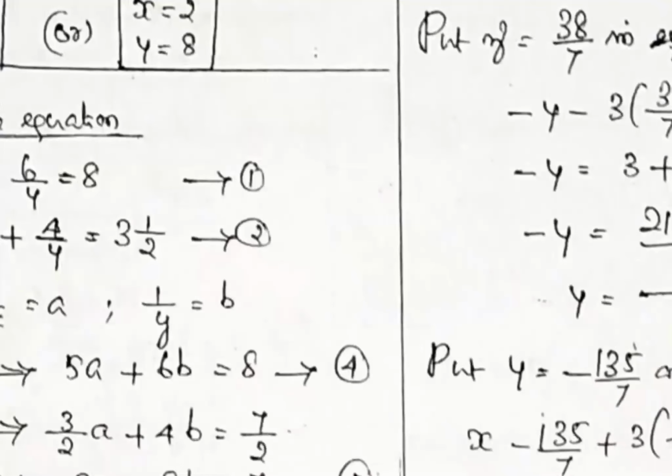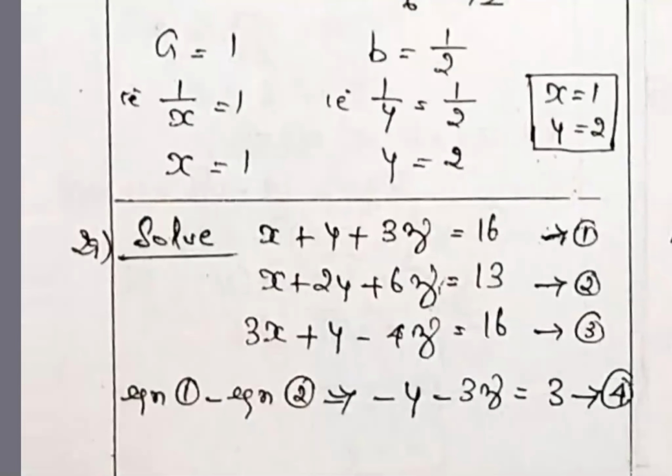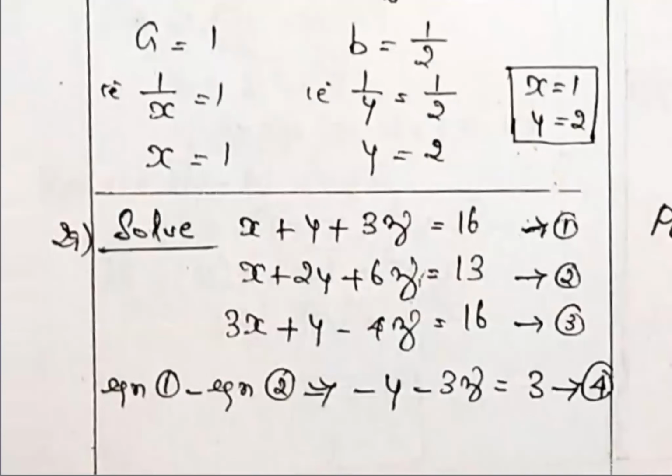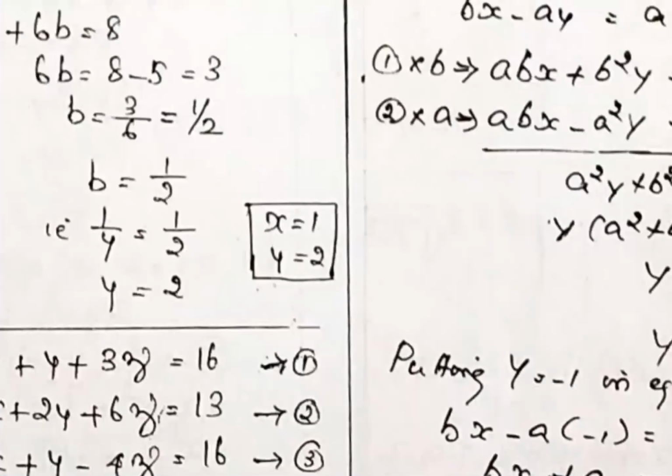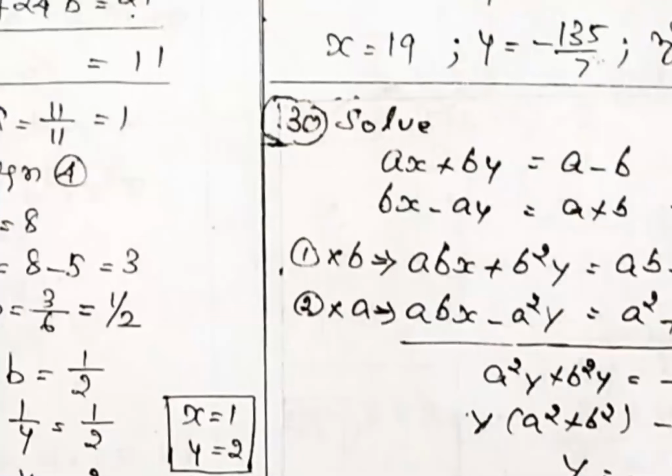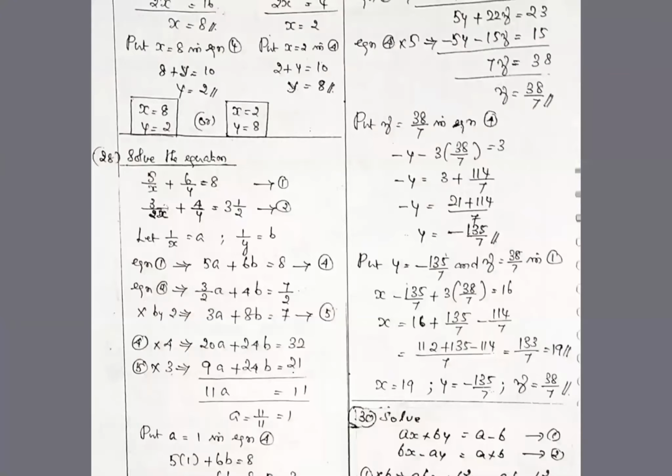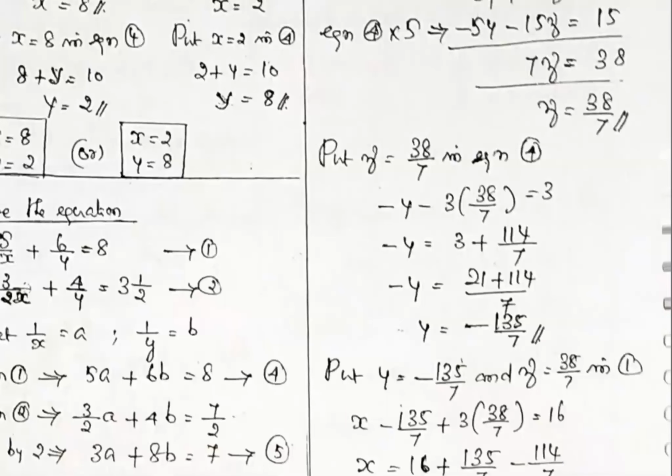So if three unknown quantities are given, you take any two equations and try to cancel any one letter. In our example, x cancelled. Again, you take either 1 and 2 or 1 and 3, and try to cancel the same x letter. So two equations without x. Then it becomes the previous type only. Again, it's an objective question, so not so important. The other is a very big problem, time consuming. The idea is easy, but it will take more time.